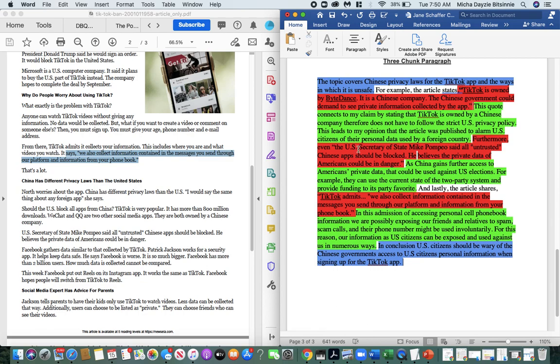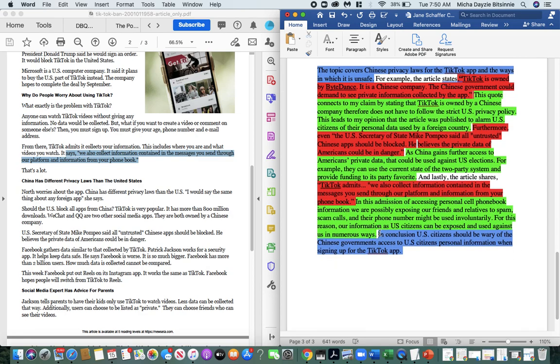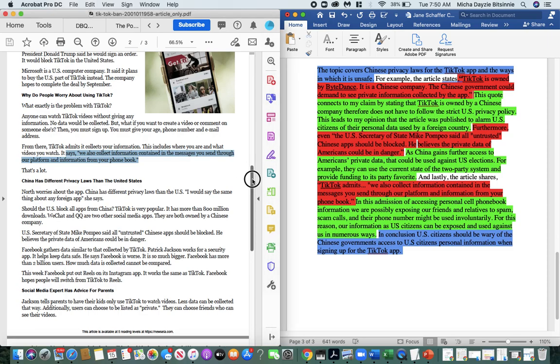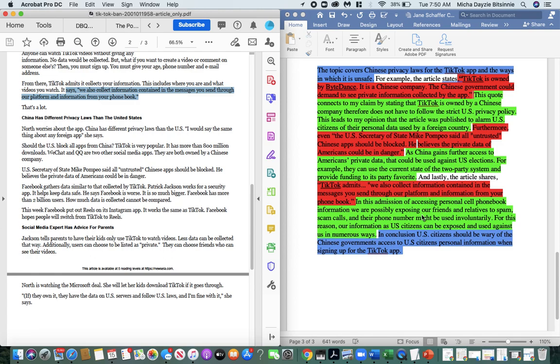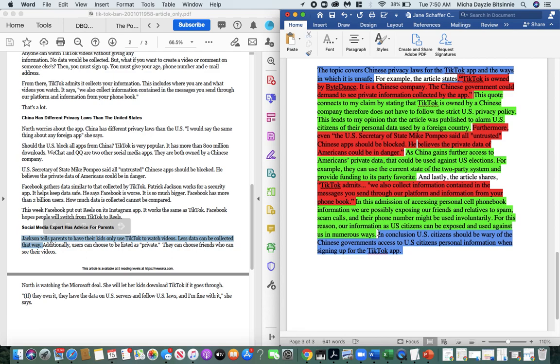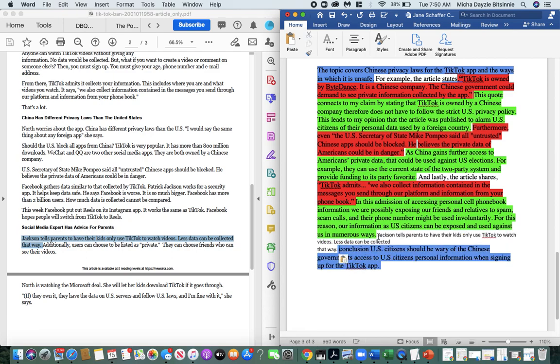So if I were to say write a 4-chunk paragraph, all you're doing is adding another one of these. All right, let's find another. Okay, right? What would connect with this already 3-chunk paragraph? I will use this here maybe. So you would just copy and paste it in here.